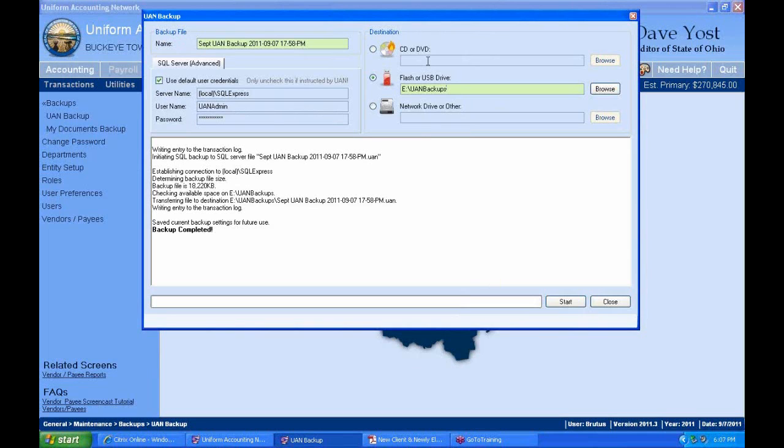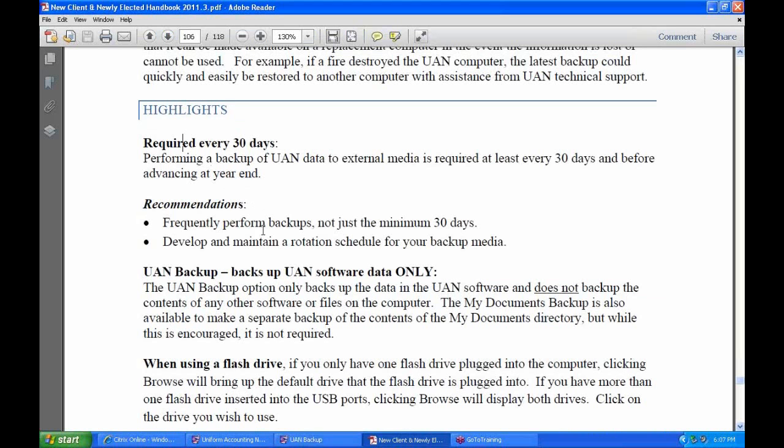The problem here, though, I'll point out, we recommend that you develop and maintain a rotation schedule for your backups. If you've got one of those huge 2 terabyte external hard drives, just be aware that USB connections can break, just like anything else. Or large flash thumb drives, if you just use one of them, those can break or get lost. So what we recommend is, they're cheap enough now that you buy 2 or 3